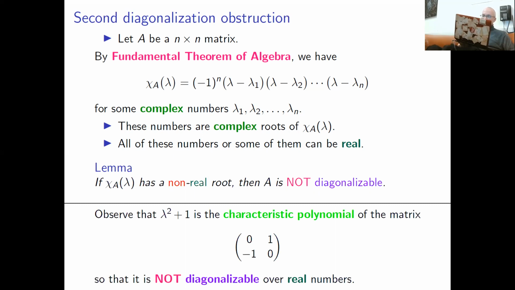You have this matrix, and you compute its characteristic polynomial, and you see that this characteristic polynomial is lambda squared plus 1. So its roots are plus minus i, the roots of minus 1. No real roots, so it's not diagonalizable. Of course, this is just a rotation by pi over 2 counterclockwise. So we already did this case in the previous part.